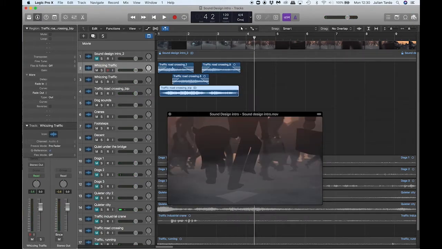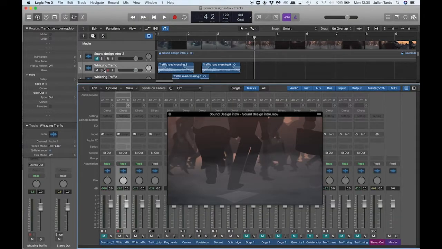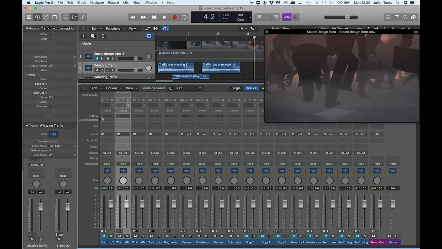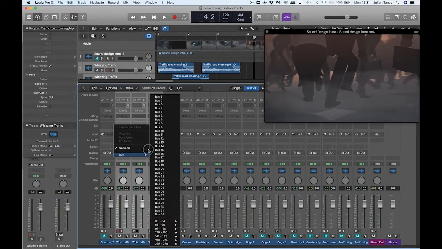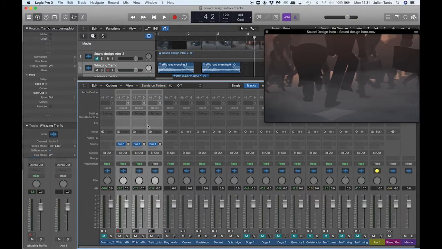We could enhance that a little bit with some extra reverb. So we could just go up to the mixer and on the whizzing traffic. Let's just, we've got all these layers now. So let's just select all our traffic, send them all to a bus. Bus 1, increase bus 1,